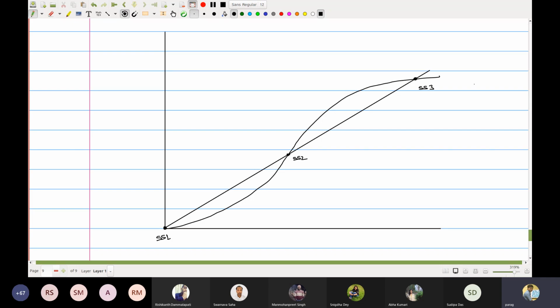Well, if you remember what we did in the previous class, we start with one particular value of the function. Let's say your initial value is here. Okay, and then you are trying to find out whether the system will evolve with time and settle to a particular value or diverge, right? So at this point the system is transient, right? The system is transient. At this point the system is at steady state.